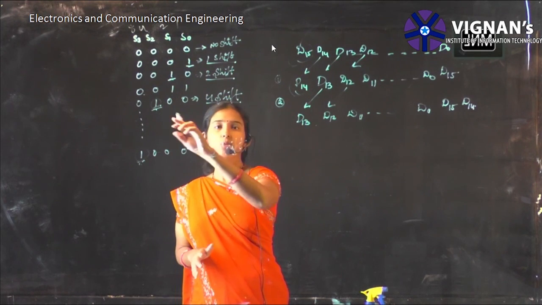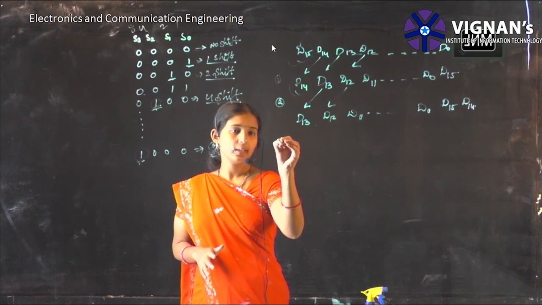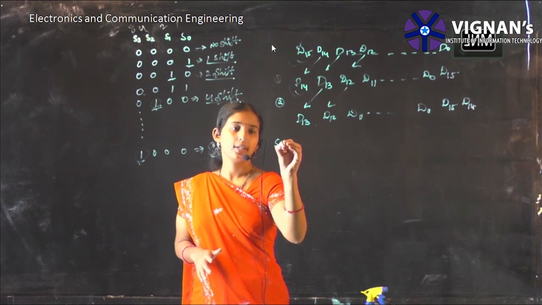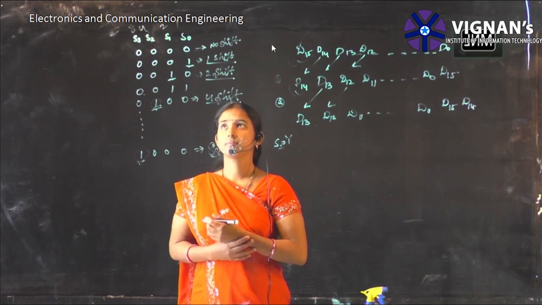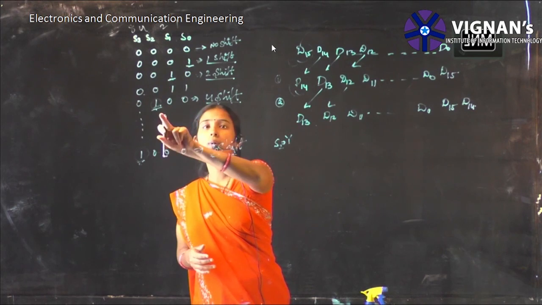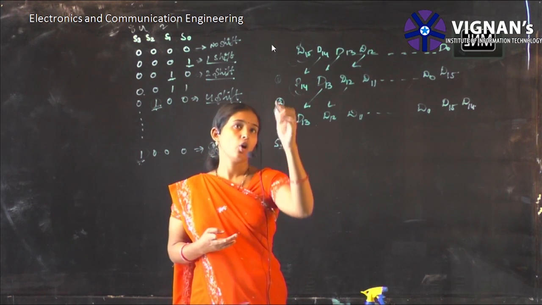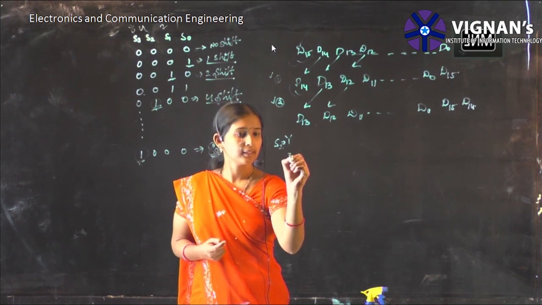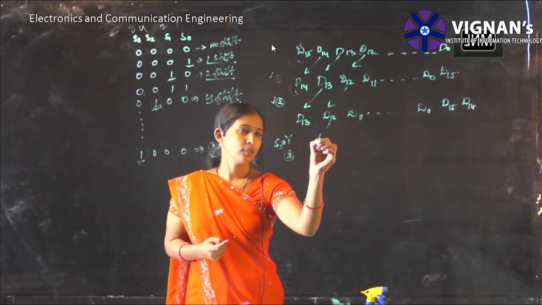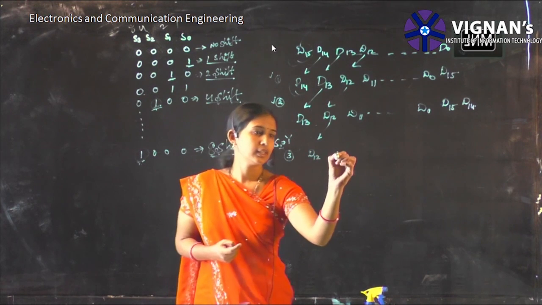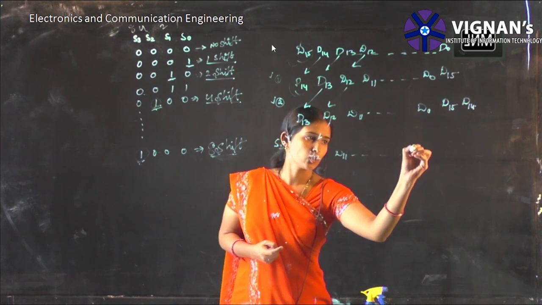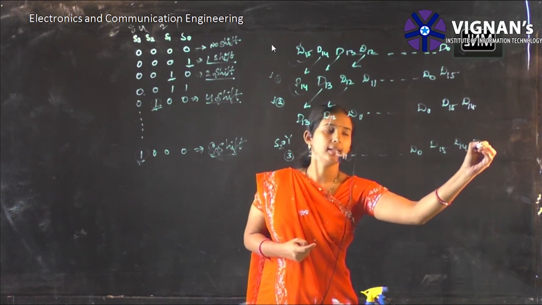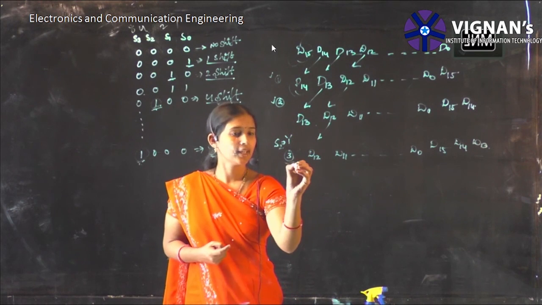Right. Now suppose one shift has occurred. Again, if S2 is equivalent to 1, it means it should have 4 shifts. Already one shift has occurred here, and the second shift has occurred here, and now a third shift has to occur. That means D12, D11, and so on up to D0, then D15, D14 and D13. This is your third shift.